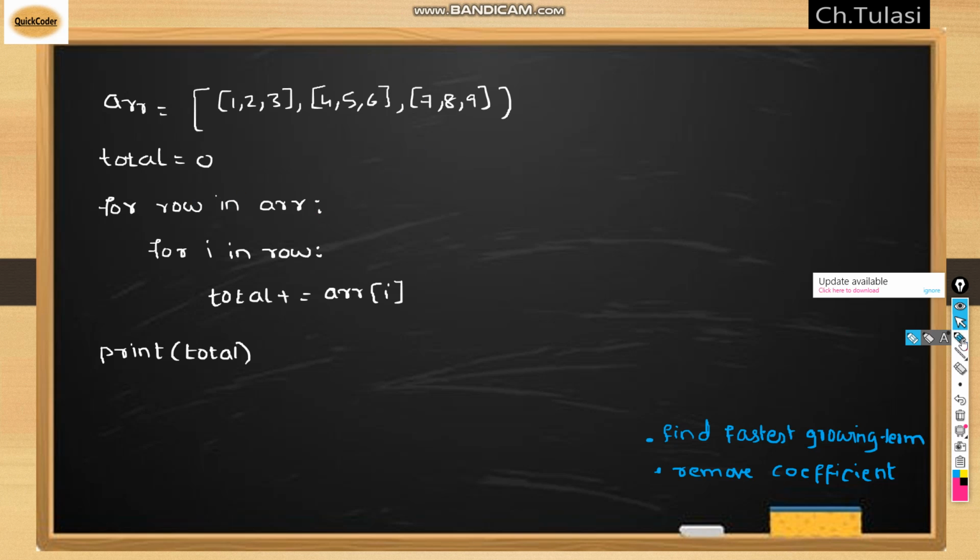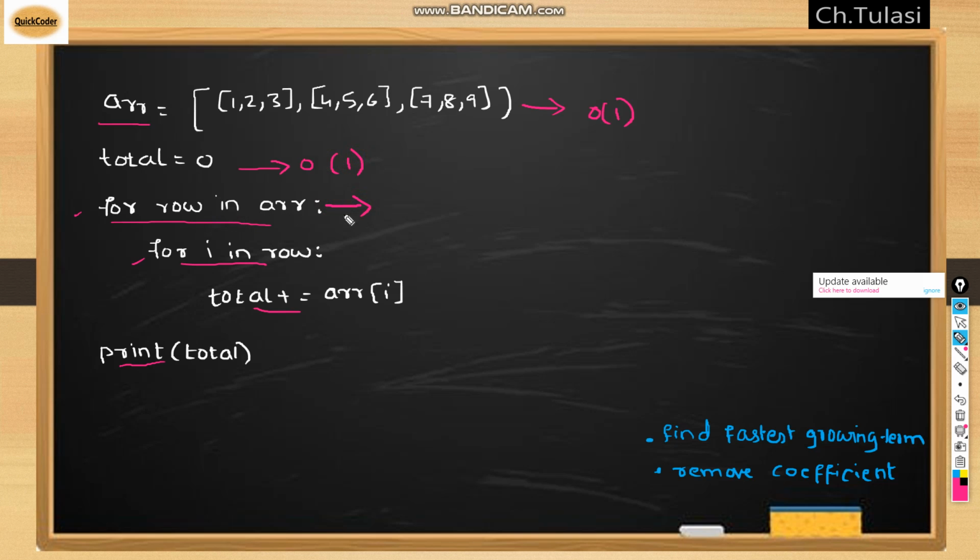Okay, this is the program where I have taken a 2D array and total, with 2 for loops: this for loop for each row, and this for loop for each element in the row. I'm adding each element in the row and printing total. Let's analyze how much time it takes. To initialize it, O of 1, as I'm initializing directly with elements. If you take input and enter the elements, then it will take O of n square. But I'm directly giving the elements, so it takes only O of 1.